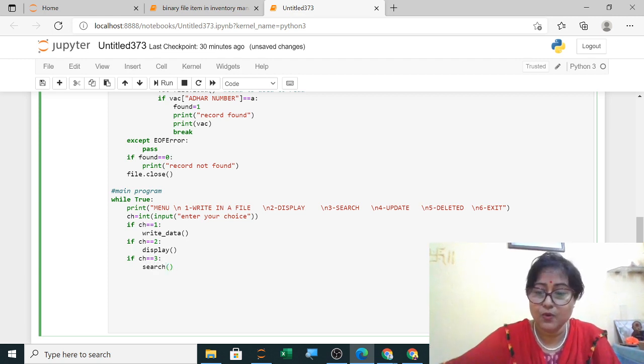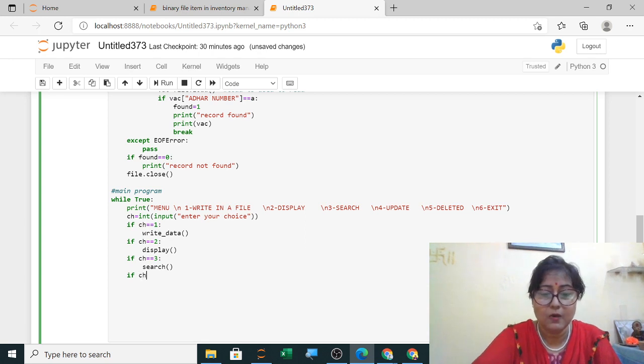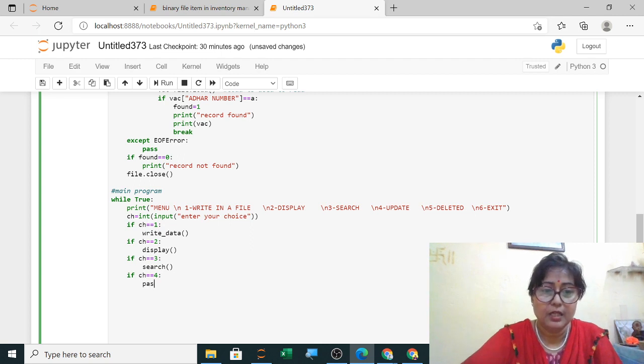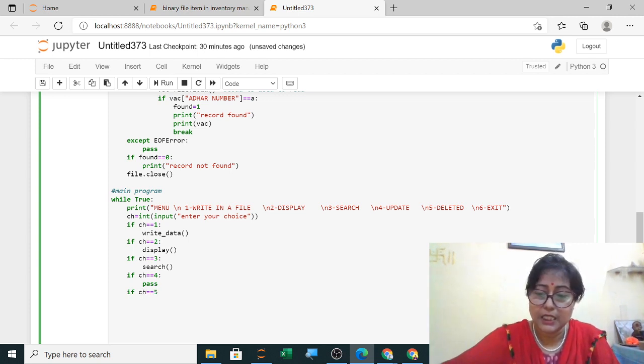If choice is 4, then the update function, but I haven't written the update function yet, so I'm just leaving it like that. If choice is 5, delete function. When I write the function, I will write delete here. Now I am simply writing pass.